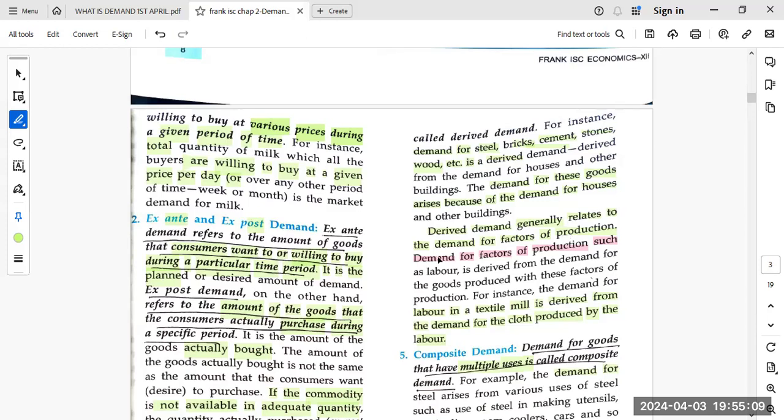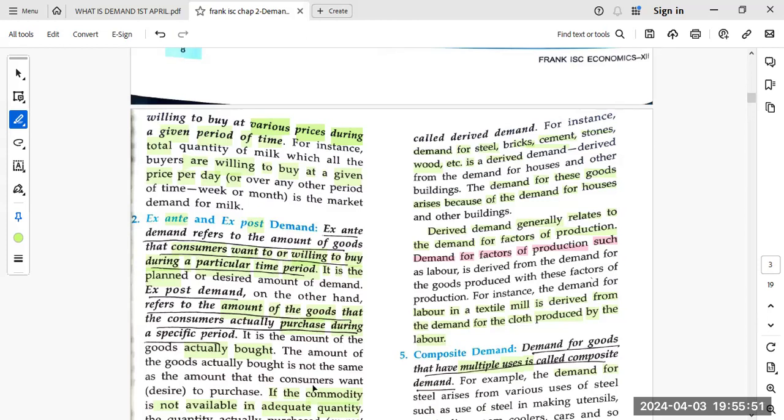So here you are going to understand the difference. Whenever derived demand comes, this is your key point which you have to remember. I have marked it in red. Demand for factors of production such as labor is derived from the demand of the goods which are produced with the factors of production. So if there is a demand for maids in the society, because new houses or new apartments are getting built up, the more apartments come, the more labor is going to get demanded for cooking and cleaning. So the demand for maids is a derived demand because of the new society coming up.